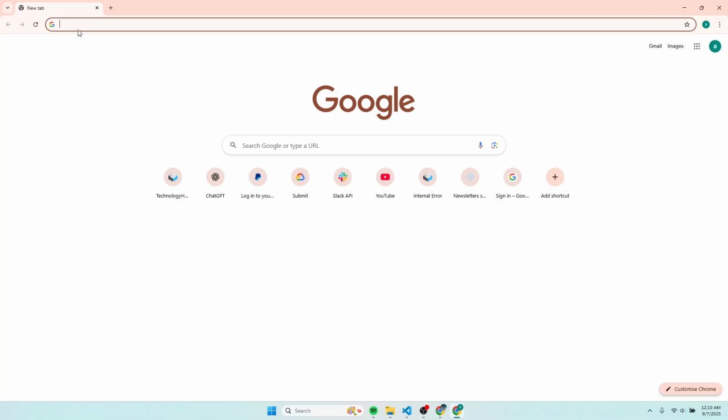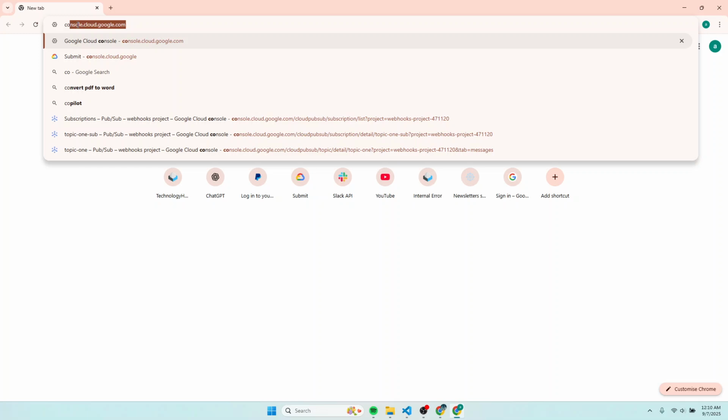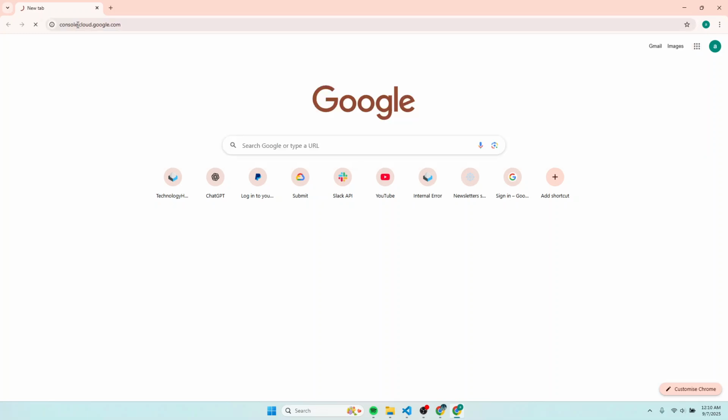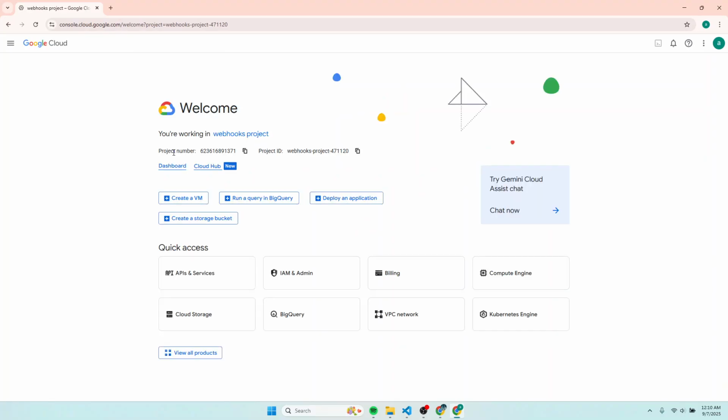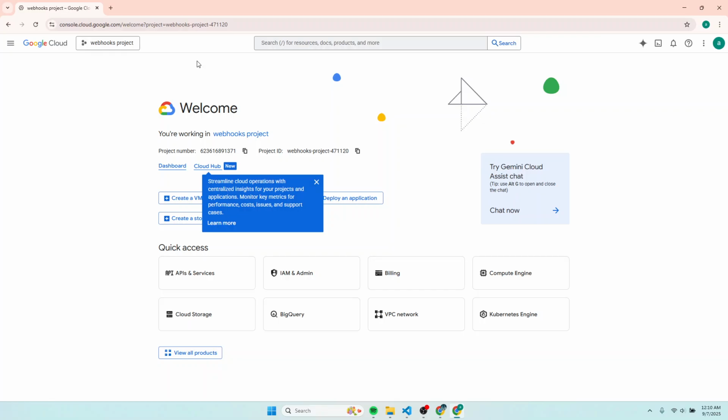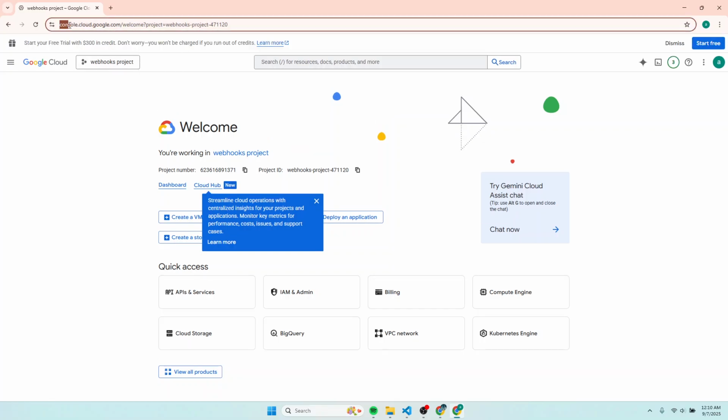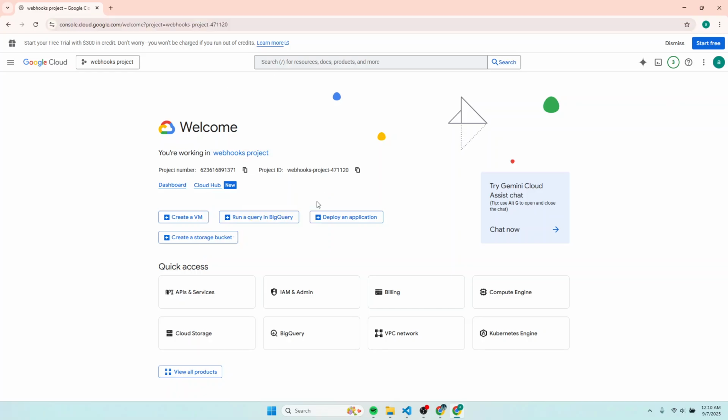And inside this browser, I'm going to search for console.google.com, and it's going to take me to my Google console account. If you don't have this, you have to sign up. You visit this, and you'll be able to use your Gmail account that is active in your browser to set up the Google console account. So after setting up the Google console account, you need to